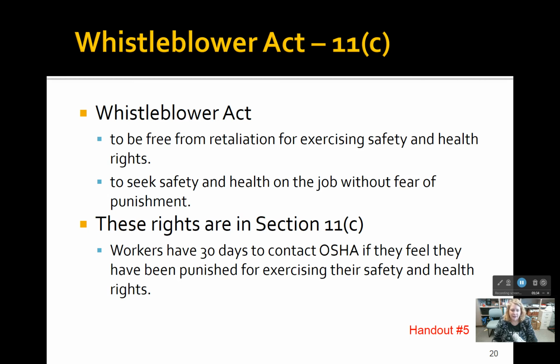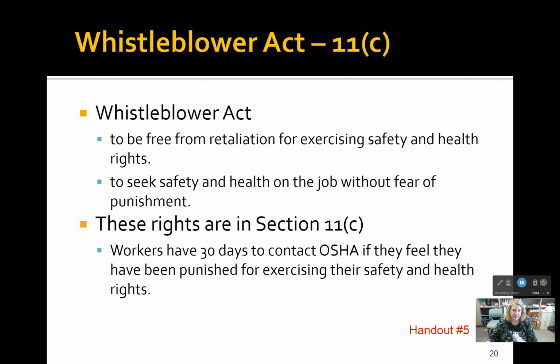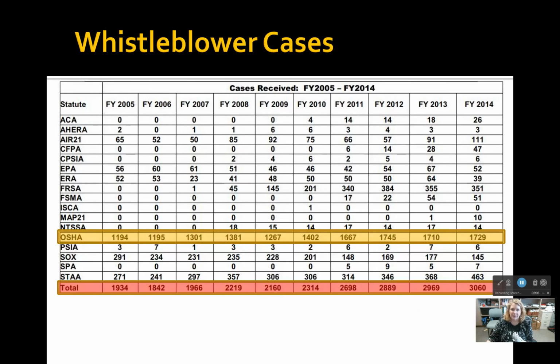It does say that the unfavorable personnel actions listed down here are firing, laying off, blacklisting, all of those types of things. And so you can see that some of those are there. It does tell you how to file a complaint. It tells you some other information on the other side, and I'll let you read through that. But I do want to mention that it is called the Whistleblower Act, and once again, it is called 11(c), within parentheses, is how that is listed.